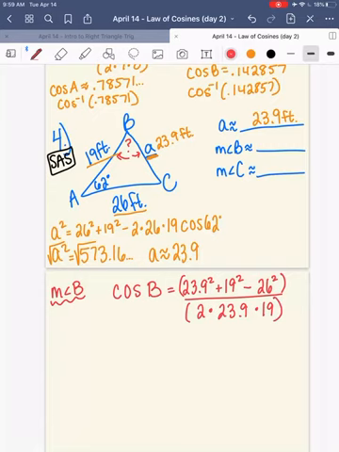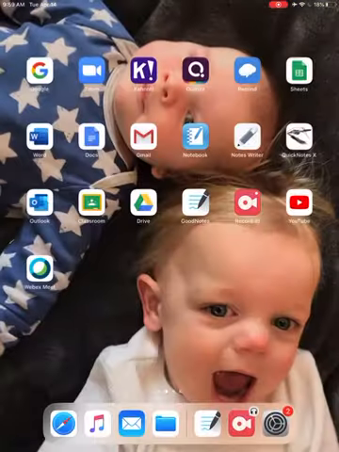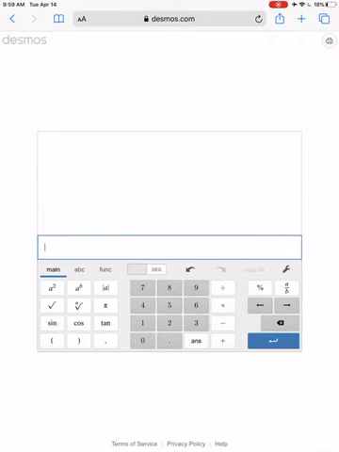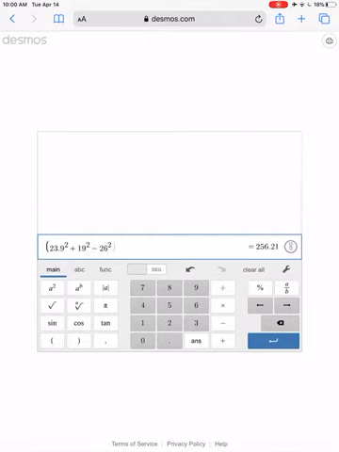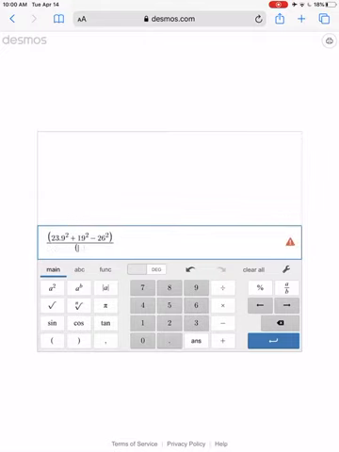Okay, and then we're literally just going to type that right into the calculator. So let's type that in. I'm going to clear all. So we're going to open parentheses, and we're going to put 23.9 squared plus 19 squared minus 26 squared, close parentheses, and then divide. Open a new parentheses, 2 times 23.9 times 19. Okay, and hit enter, and you get